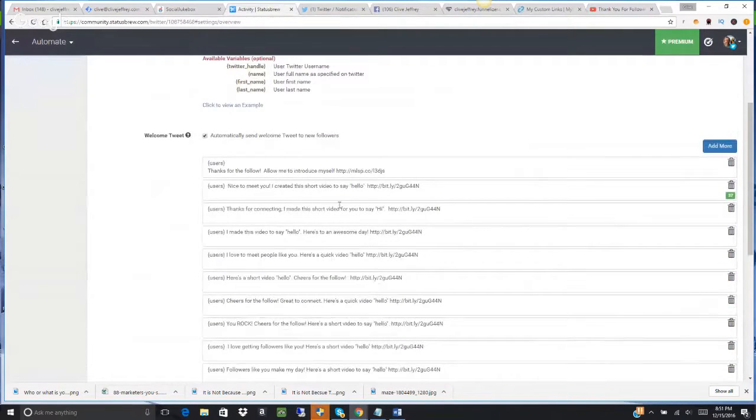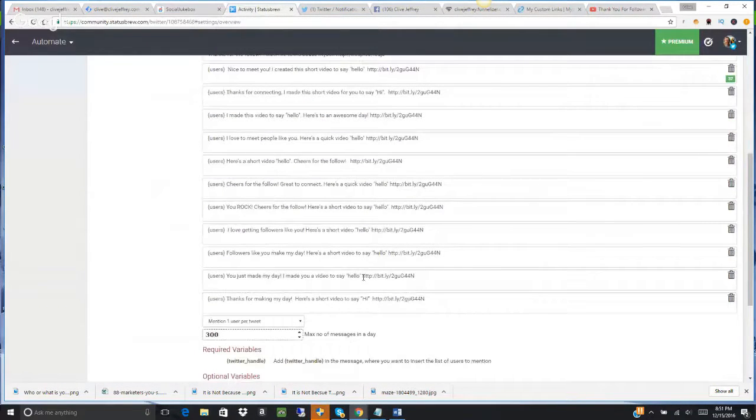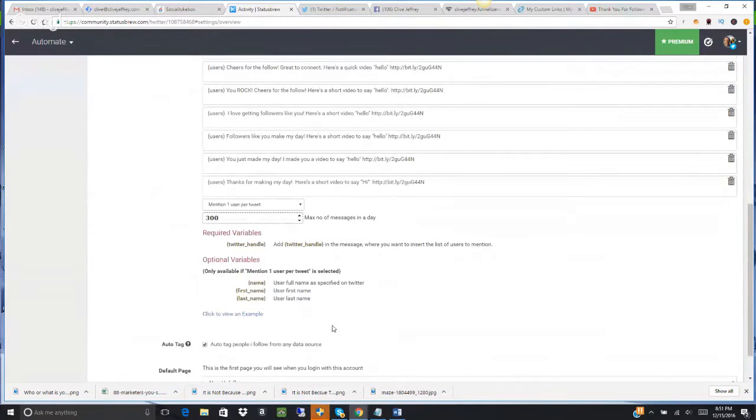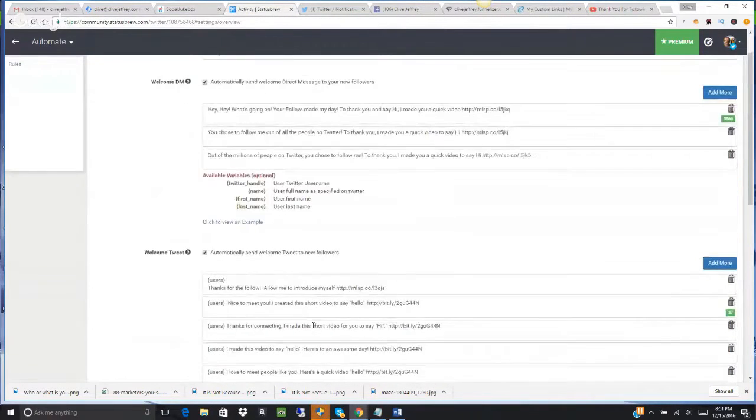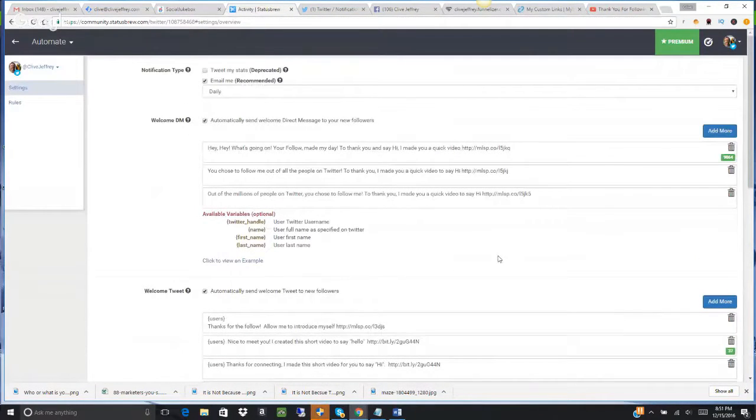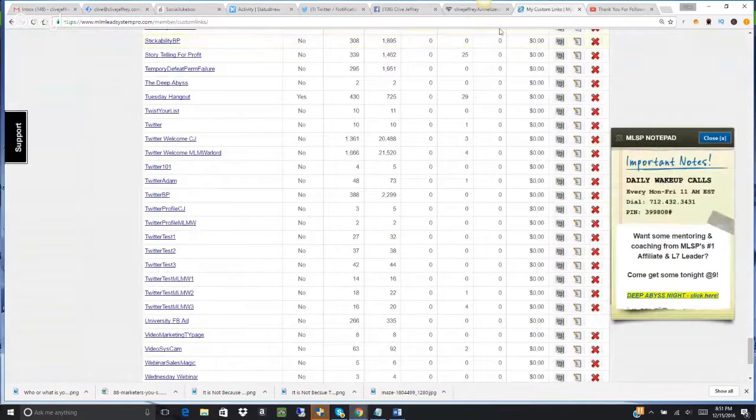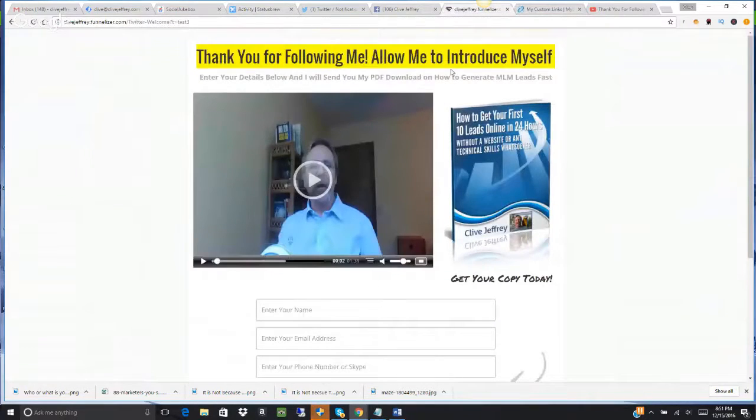So go spend a little bit of time writing out some of these messages, setting these things up properly, using your tags, and then monitoring your tags. Once you get everything set up, start monitoring the number of followbacks on your tags. Check your links. I strongly recommend coming to get My Lead System Pro, because on this one that I'm sending people to now, it's sending them to,